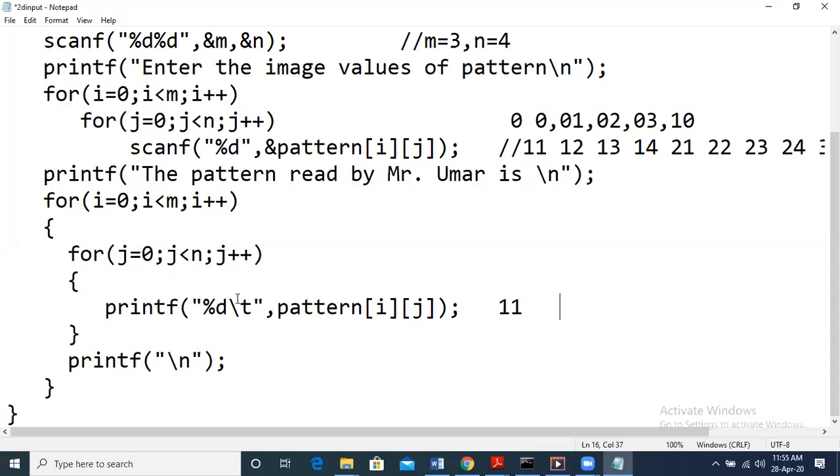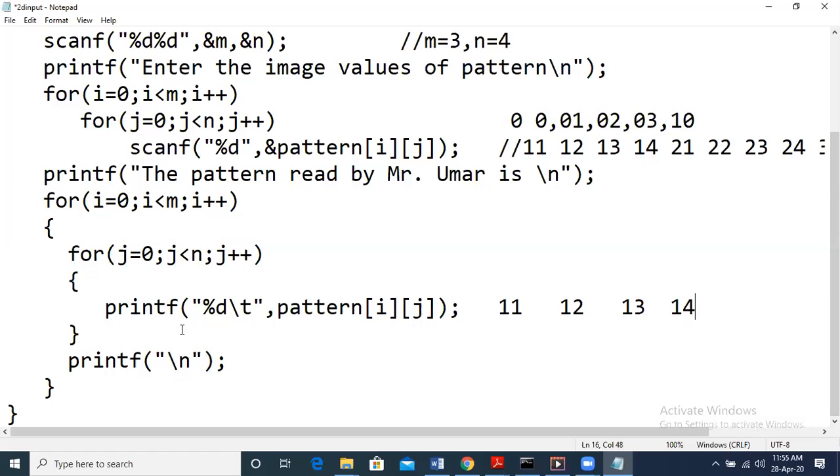j becomes 1 now. So i is 0, j is 1. Pattern of 0, 1 is nothing but 12. So it prints 12 and then a tab space. Now j becomes 2. Pattern of 0, 2 will get printed. That is 13. Next j becomes 3. Pattern of 0, 3 is 14. So it prints till here.